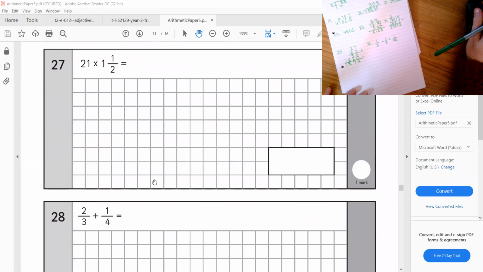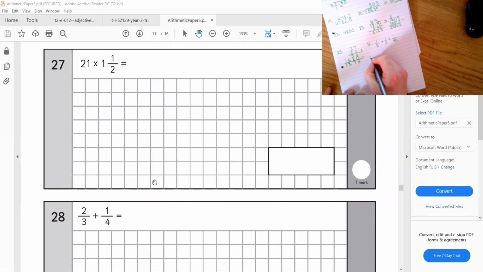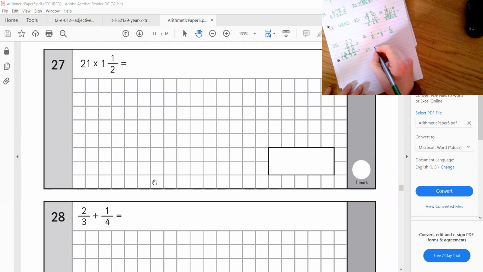Question number 27. I'll do that just underneath here. Can you see that all right? Yeah, you can, can't you? Make this a bit bigger. So 21 times 1 whole and 1/2. Okay, so the first thing we're going to do then is 21 times 1. So that's 21, isn't it? Okay, so I've got 21, and then 21 times 1/2 is what I then need there. So I did 21 times 1 equals 21, and then I need 21 times 1/2